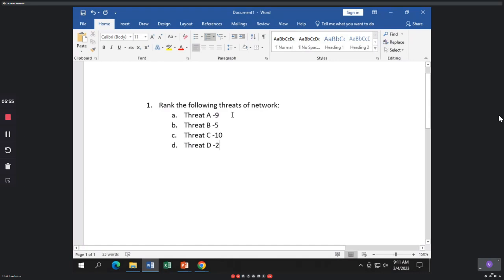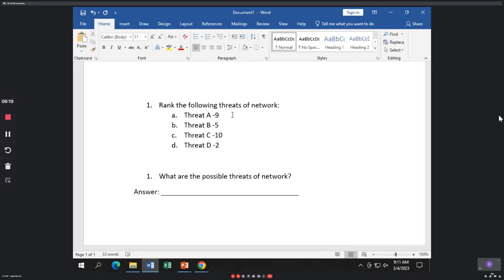If you are going to conduct qualitative research, your questionnaire question could be something like this: What are the possible tracks of network? And then you leave it blank. You let them answer by themselves. This is a qualitative questionnaire item, which is not so easy to compile because everybody is going to give you a different answer. But for this one you just need to collect the counts, okay, 9, and then you plot your graph based on this statistic. That's an example of